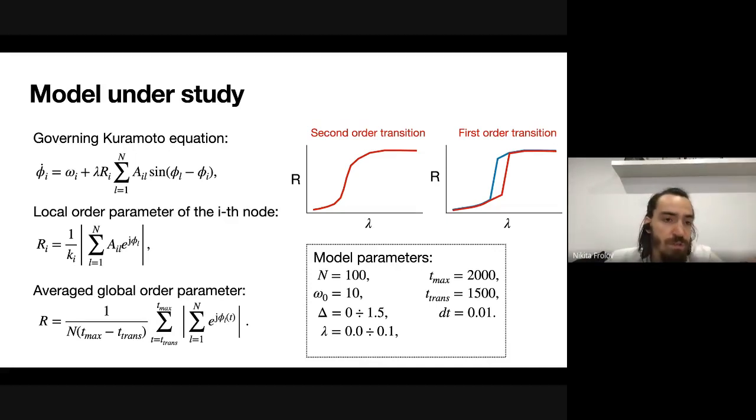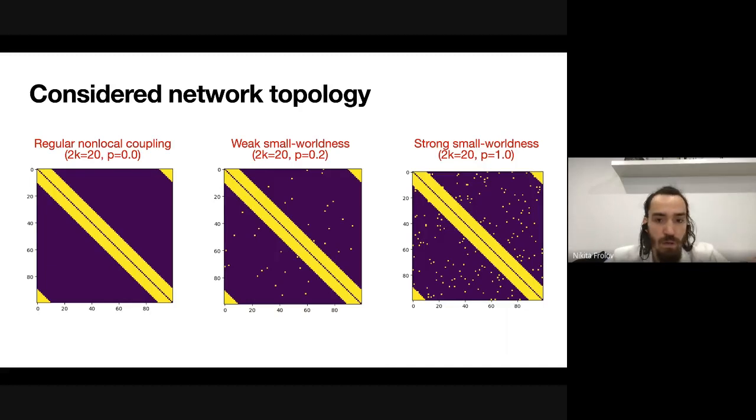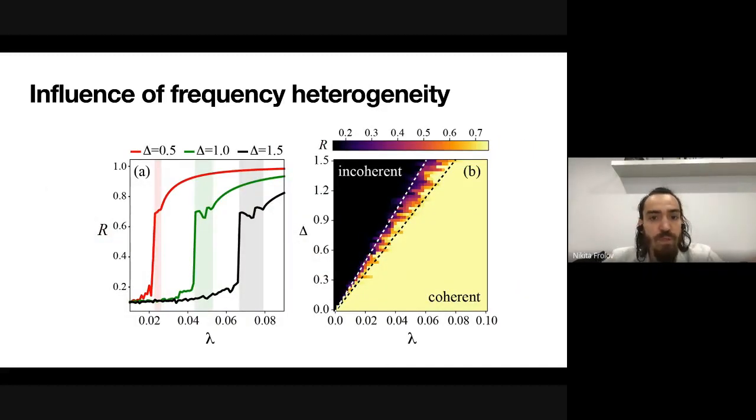frequency heterogeneity. We have distributed the eigenfrequencies of Kuramoto oscillators within the range from omega 0 plus delta and omega 0 minus delta, and we have chosen the uniform distribution of the eigenfrequencies. What we achieved is